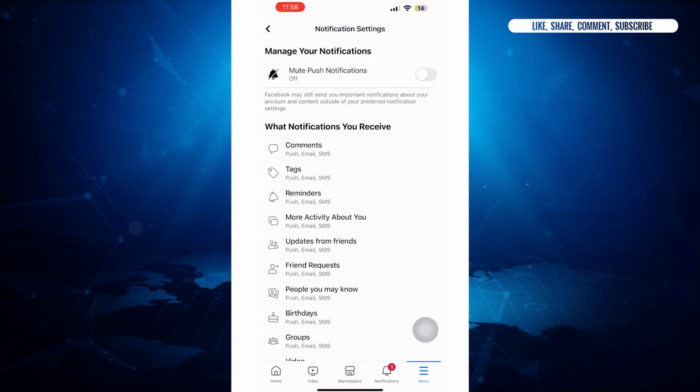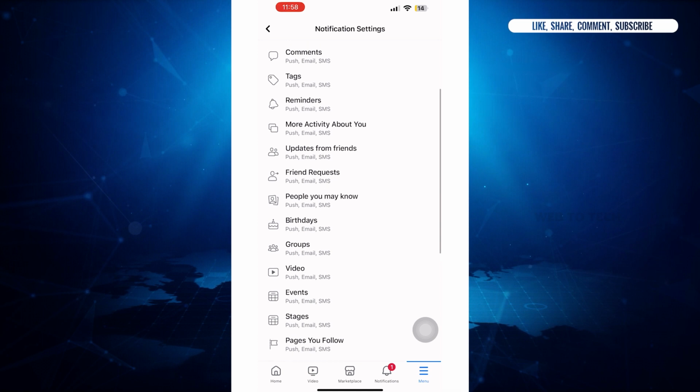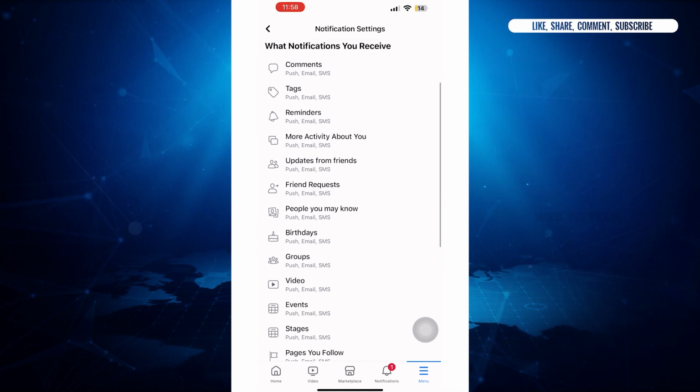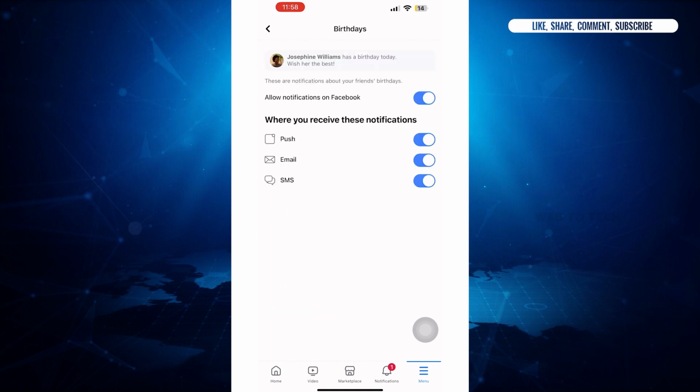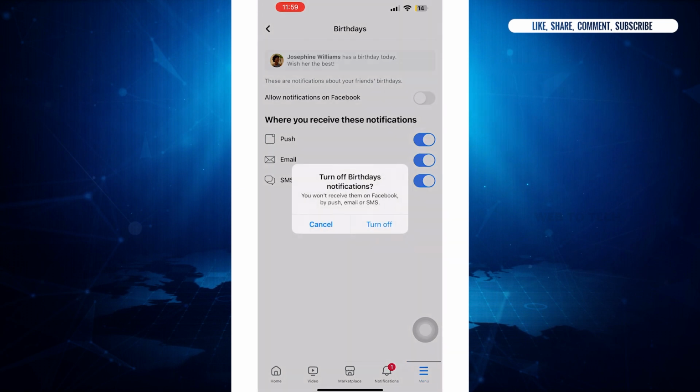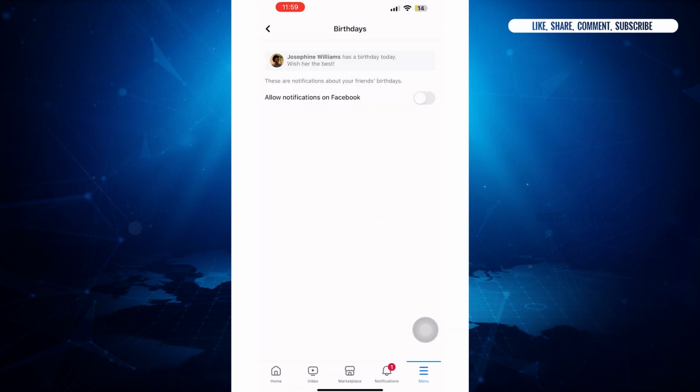With that, you'll be directed to this page. Now scroll down below and you can see various options on your screen. Now you can see the option of birthdays, so just simply tap on that option of birthdays. Now once you are here, you can see that the toggle for allow notifications on Facebook is turned on. We have to simply turn it off. Now you can see the pop-up that says turn off birthdays notifications. Tap on turn off. So by turning off this toggle, you won't be getting birthday notifications anywhere on your device,